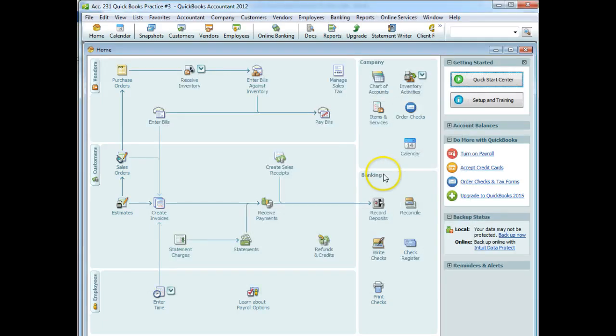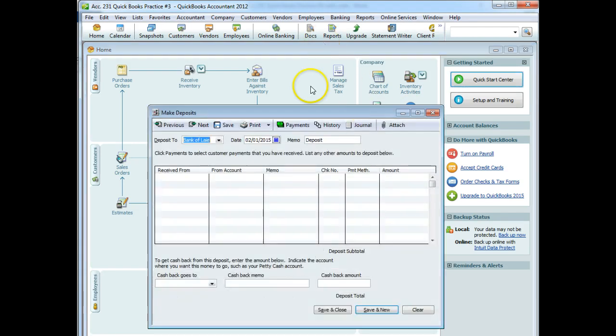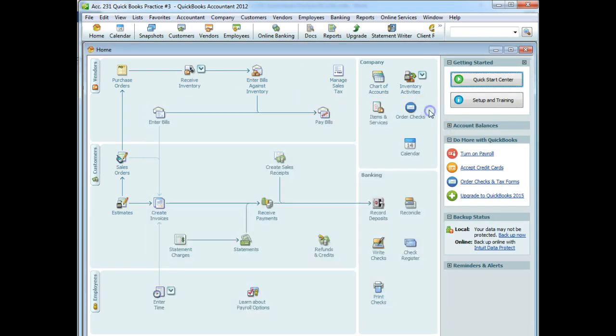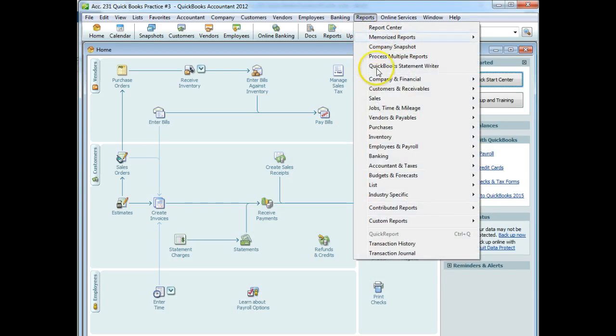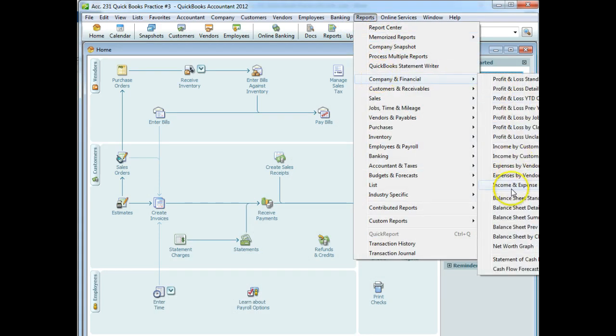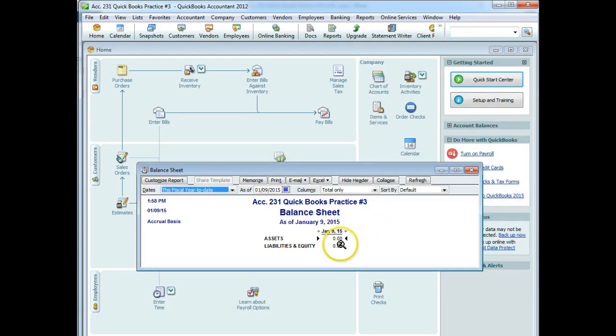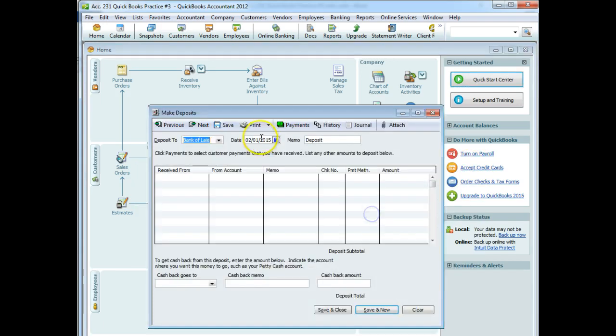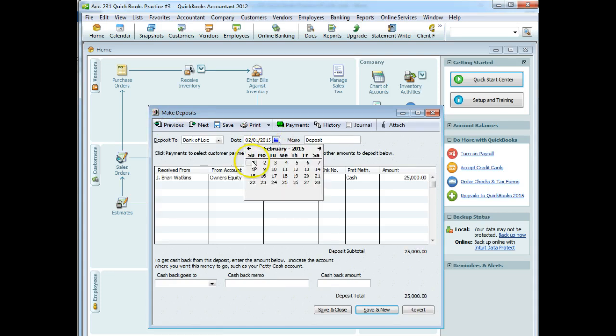All right, back to our transaction. We put in $25,000. I can say previous and check my thing. Everything's good. Or I can go to reports, company and financial, balance sheet, and my balance sheet shows 0. So there's a problem there. January 9th, 2015. Oh, I know what happened. We set the date for February 2015. Can't have that. I'm going to go back and put the date as